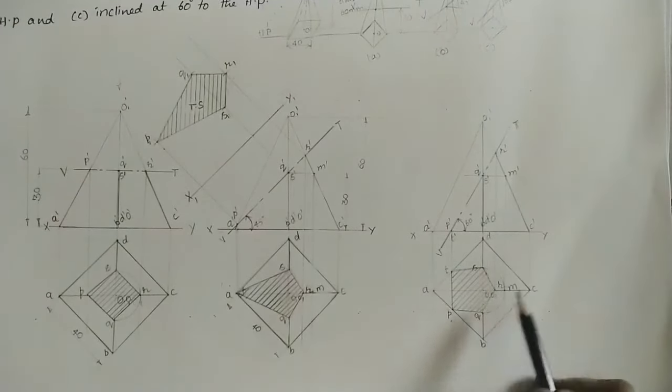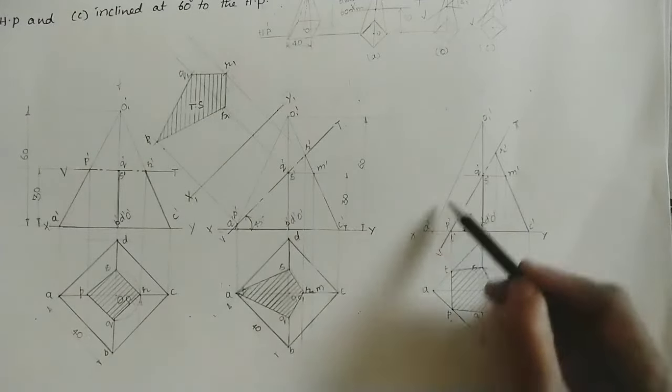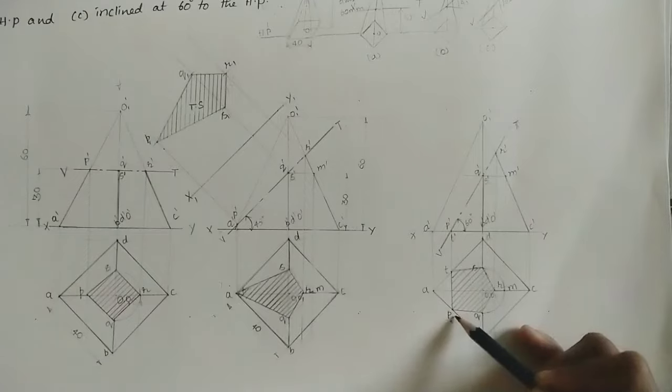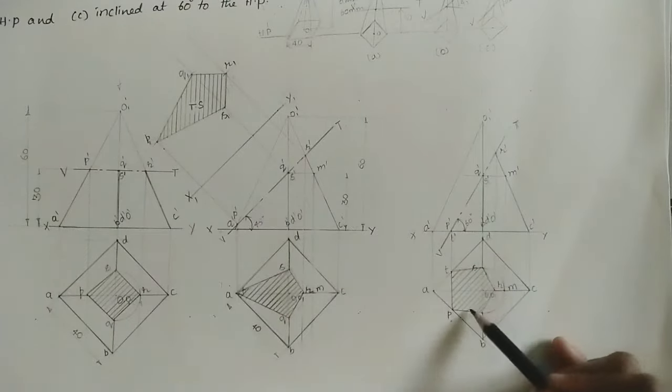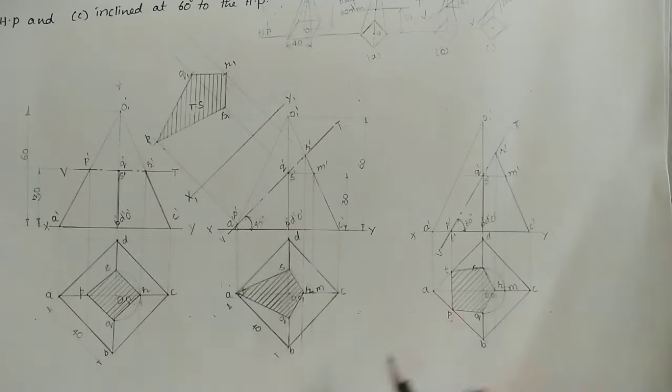Now this is the final top view. Here by using this cutting plane, we are cutting this part of the pyramid. Now up from this, the remaining part of the top view should be in dark color. So this portion we are removing. Whatever this portion is, it should be in light color. Okay, this is the final top view.